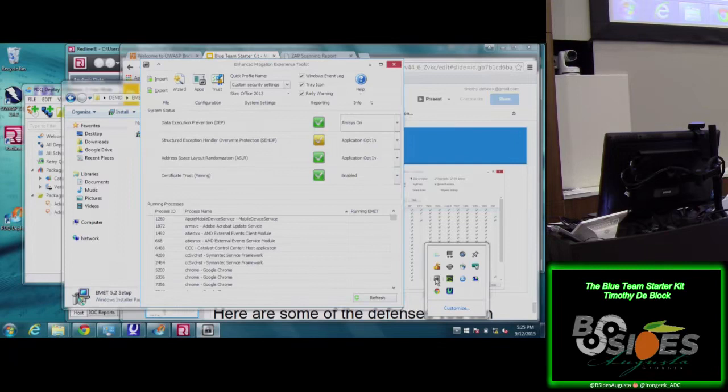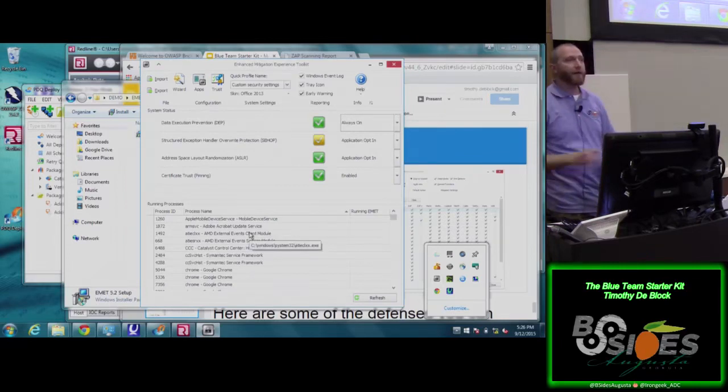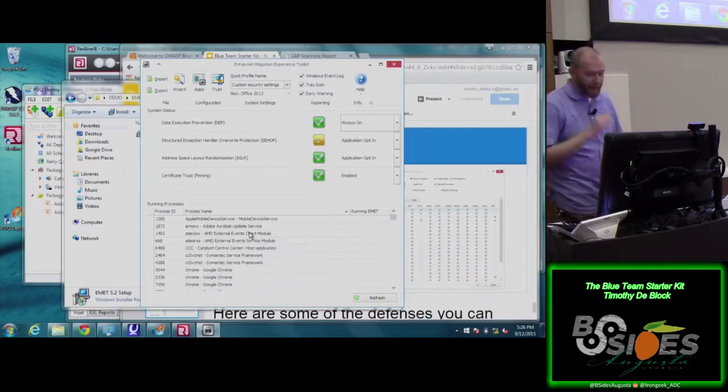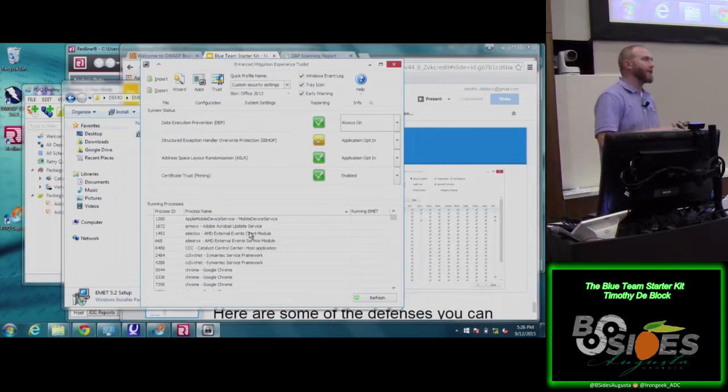I didn't push it to everybody. I just pushed it to all of IT. I use IT as the guinea pig, but I pushed to the developers, and their Office stopped working and their IE stopped working, and I had to go around to each one and turn it off. So it's a wonderful thing, but also it can be a very frustrating thing. And like you were saying, if you go to their website, they'll tell you what isn't working with what application.